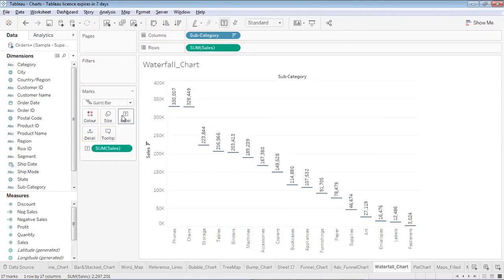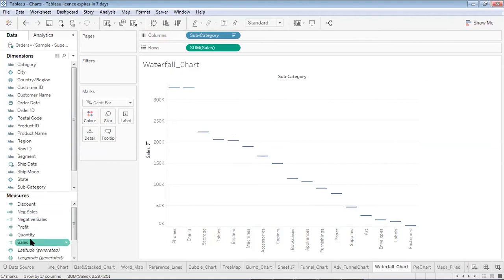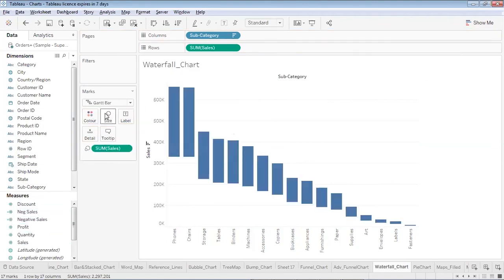Based on the quantity of products sold, the size of each subcategory changes. The subcategories phones and chairs have the highest sales, and fasteners and labels have among the lowest. Now I can also add colors to it.